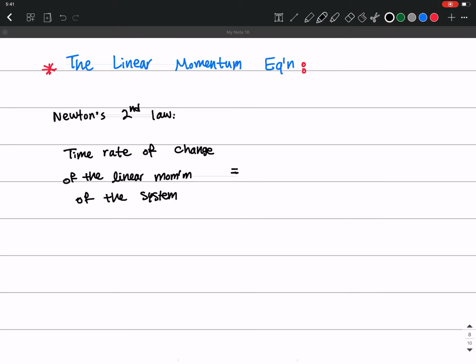equals the sum of external forces acting on the system. So the time rate of change of the linear momentum of the system equals the sum of external forces acting on the system. This is Newton's second law, and momentum is defined as